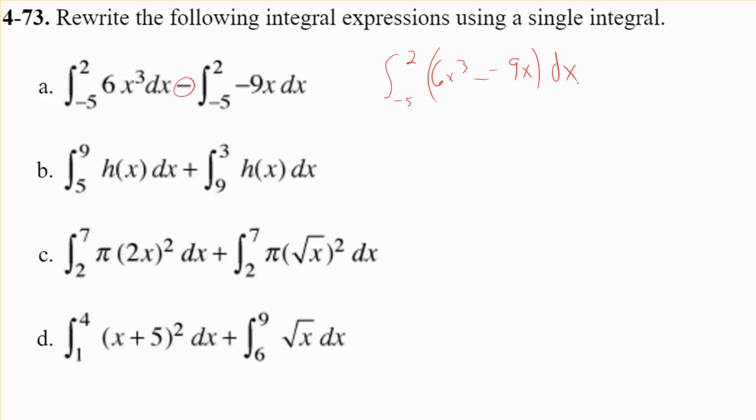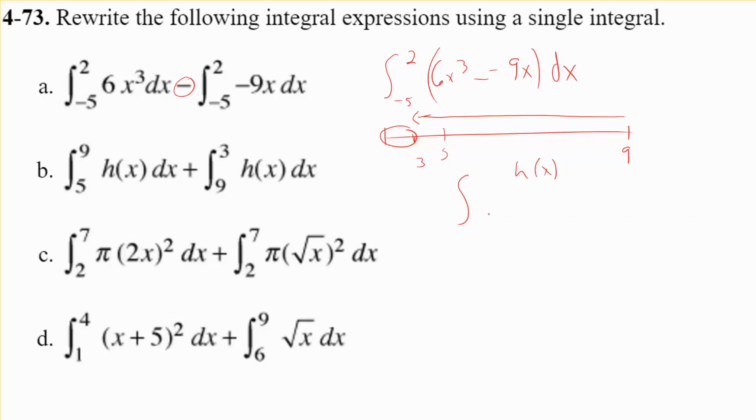The next one says from 5 to 9 of h of x plus from 9 to 3 of h of x. So I always encourage maybe drawing a number line. If we want to go from 5 to 9 on h of x, and then we want to go from 9 to 3, what am I left with? I should just be left with